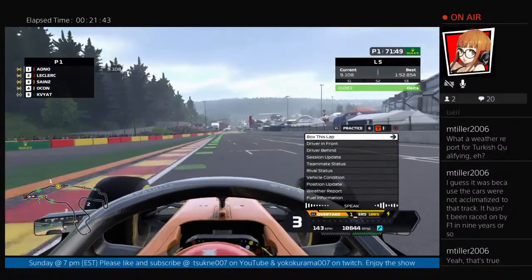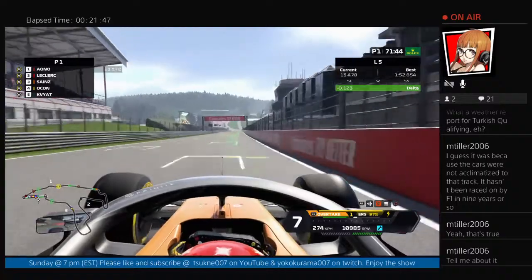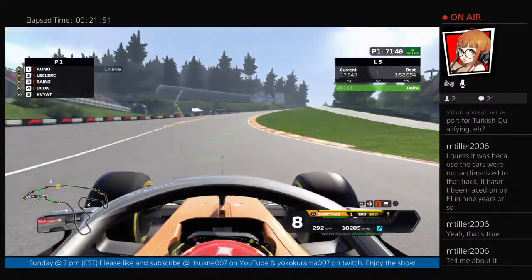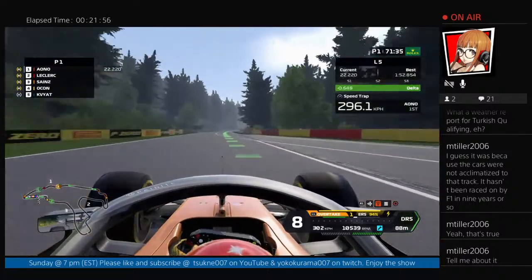Box this lap. Pitting this lap then. Come into the pits at the end of this lap. Will do. You know, we'll have our